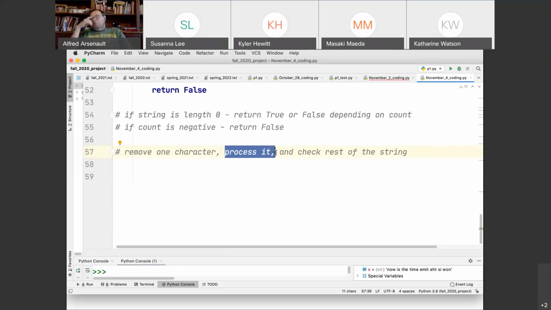Decide if it's left, right, or nothing, and based on that, decide whether I have to add one, subtract one, or do nothing to the count. So that seems to be a recursive case. So with that hint and no more, you should have a good handle on doing the hard problem on the